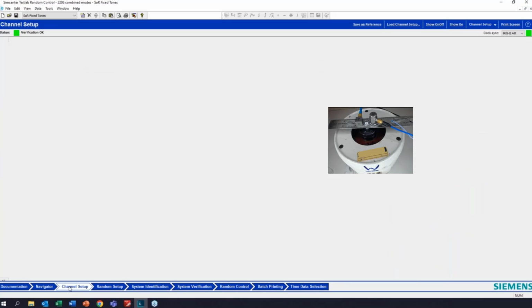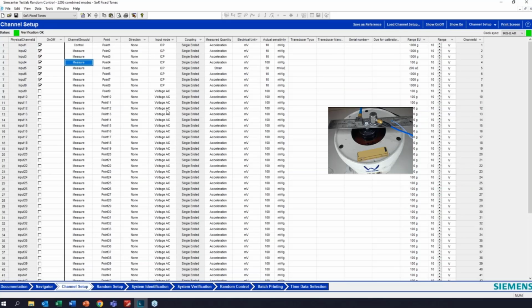So you'll notice the channel setup. You might have seen this before. The typical channel setup, we've defined the control channel as 0.1, and if you're looking in your video here, that's this accelerometer here in the Z direction. We're also measuring some other accelerations here, and I have a dynamic strain gauge or dynamic strain sensor and another little triax out on the tip here.